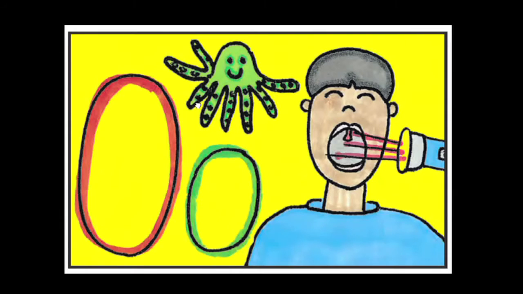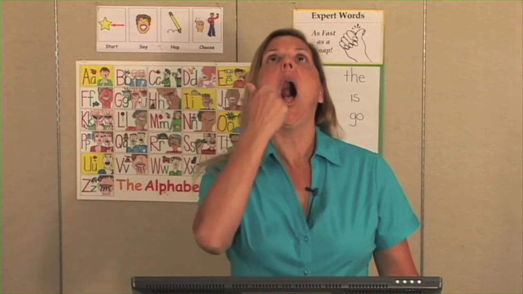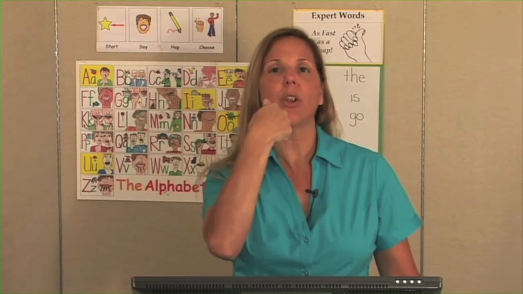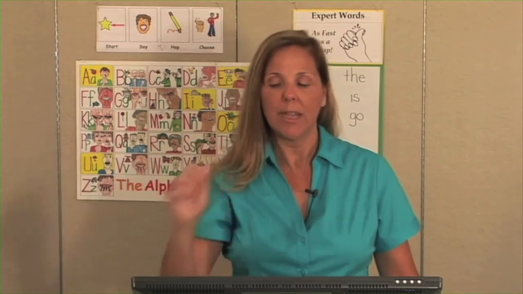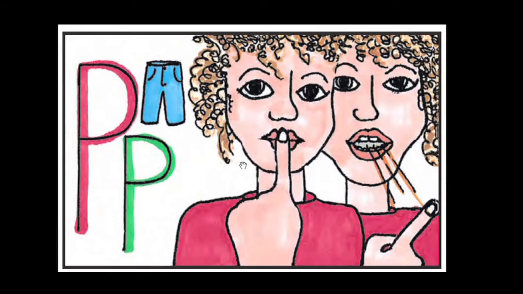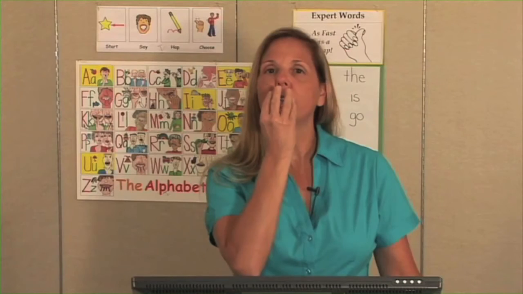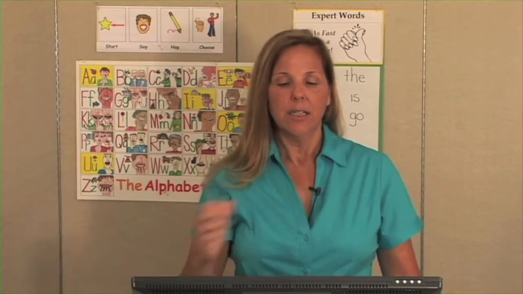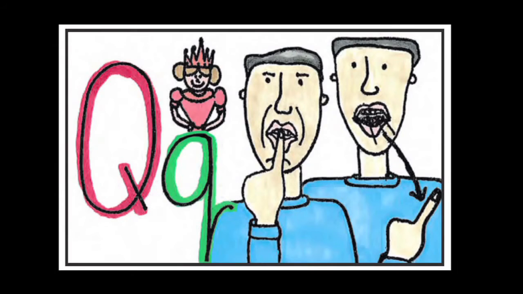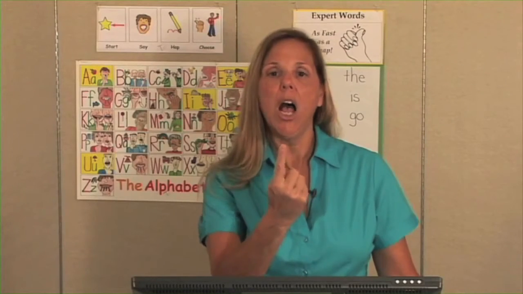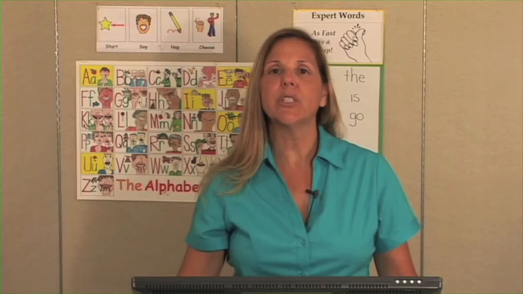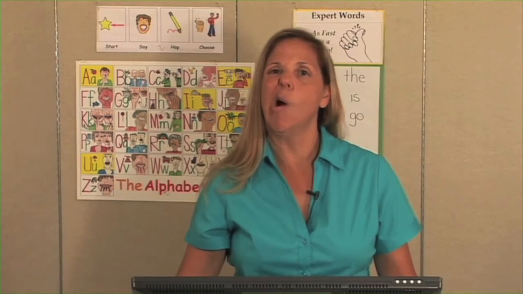The letter O is open your mouth and say ah sound. So we go ah, and we actually take our finger and trace around our mouth so it makes the shape of an O. The letter P is that soft sound, so we're going to take our hands and go P, just like that. Q, we're going to touch our mouth and go qua. R is the crooked mouth sound. That's where we're going to take our mouth and make it crooked and go